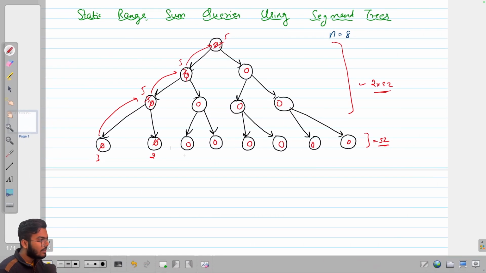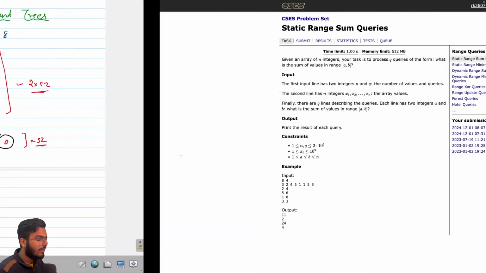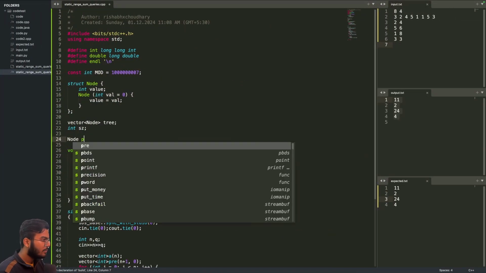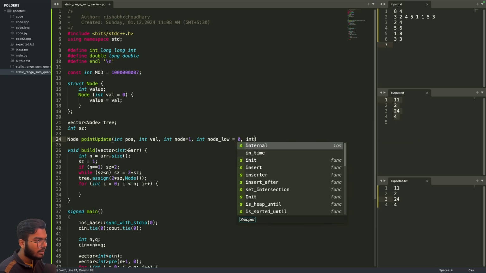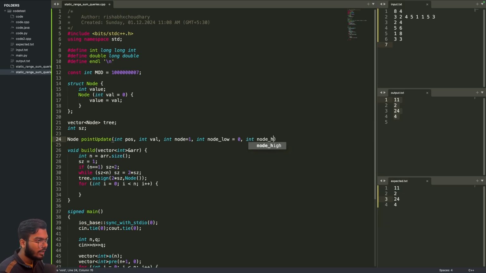What I'm trying to do is some point updates. So let's say node point update, and it is taking position int and position value, and on this position and on this value I want to update the segment tree. So I will have int node, which is by default equal to 1, int node low, and this was 0, and int node high, this equals sz minus 1. Okay,